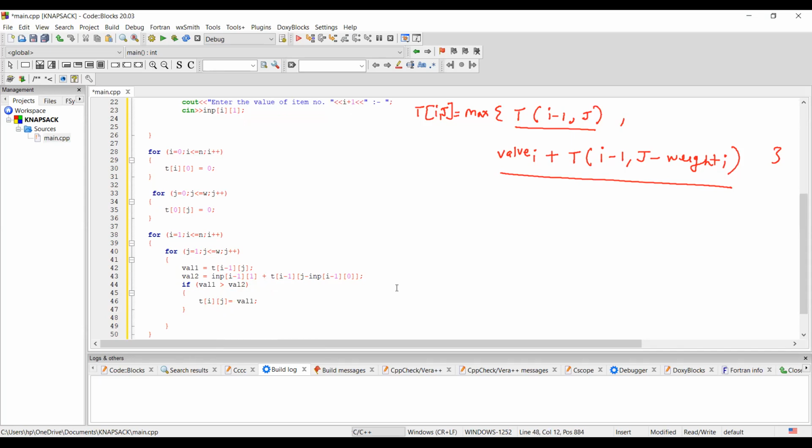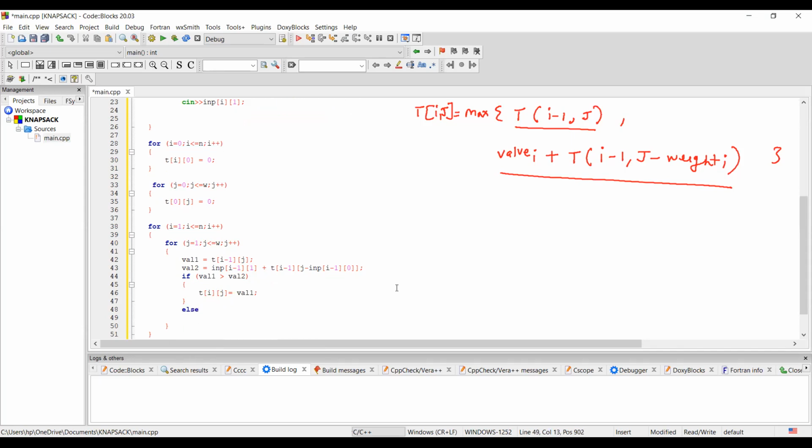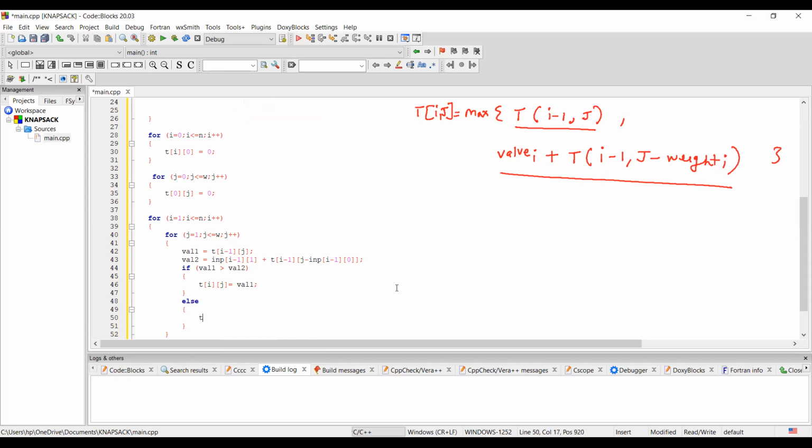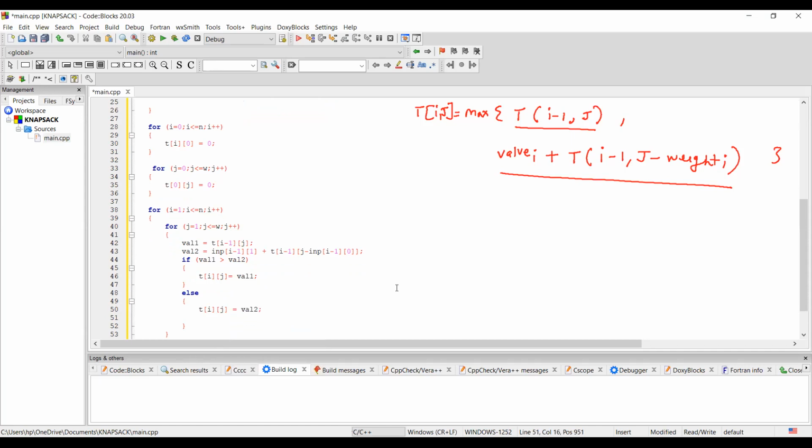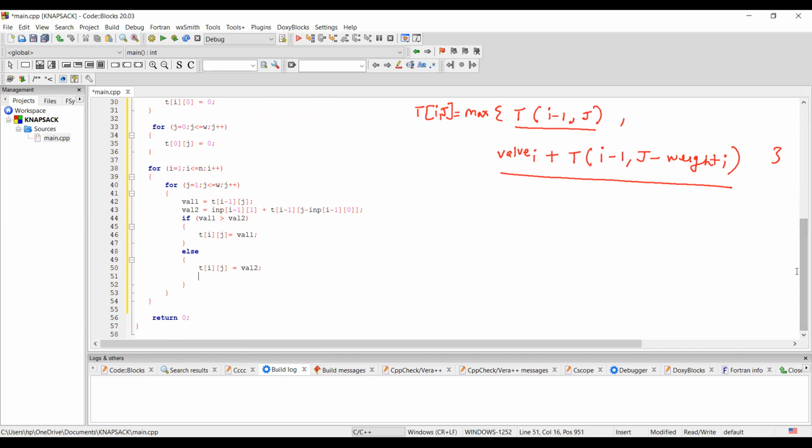Okay, else t of ij becomes value 2. So that is the end of it. We have done it. We have achieved our target of first target of computing this t of ij.